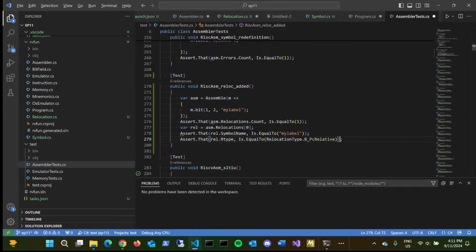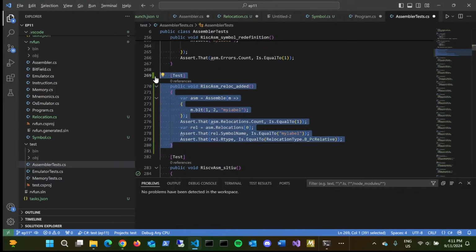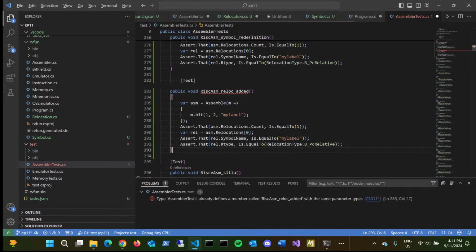So now, well, that's step number one. But the next step is, now that we've generated a list of relocations, at the end of the assembler, once it's run through the whole program, it now needs to position or compute these relocations and patch up the code. So to do that, we need to add a new method to the assembler called relocate. And what we'll do here is we'll